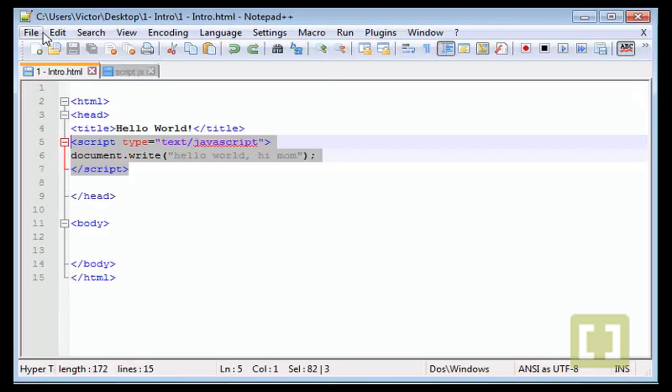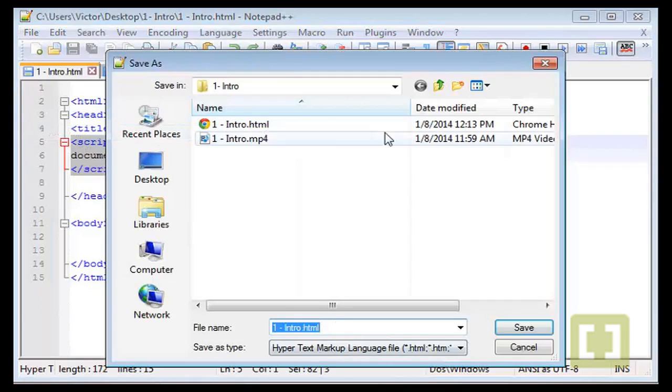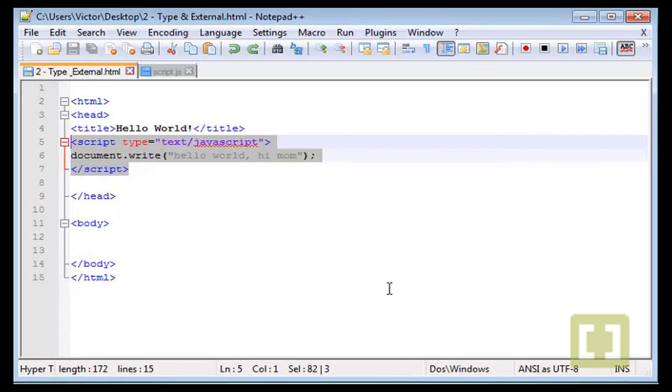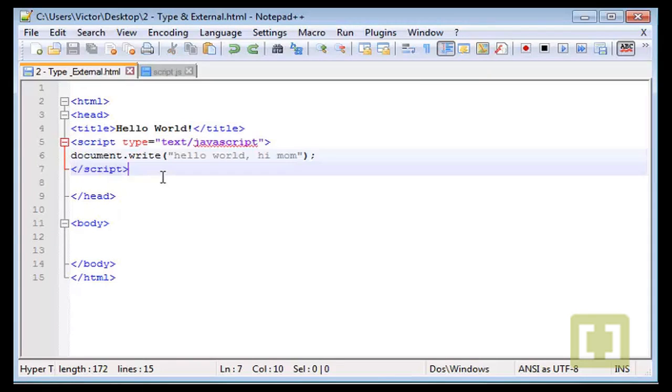And here, let's save this as, let's call it, second lecture type and external .html. Okay, so let me just show you now how we can load the script.js file,